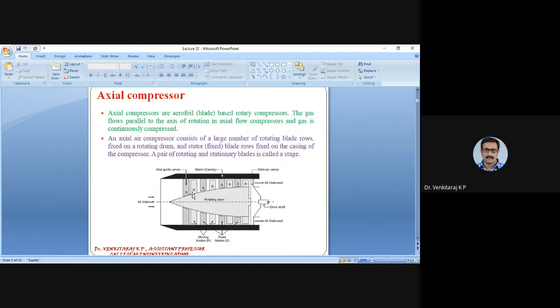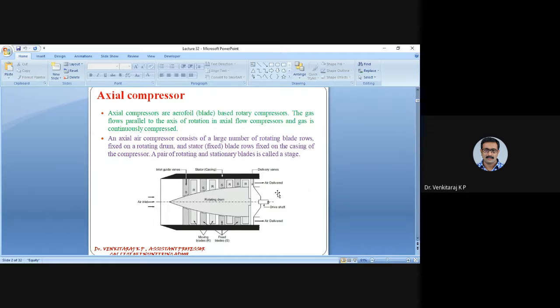So it enters the rotor blades through this small gap between the rotating drum and the rotor. And another thing you can notice from here is that the cross-section area, near the inlet section and at the exit section, goes on decreasing, so that the air is getting pressurized as it flows through each stage of the compressor.